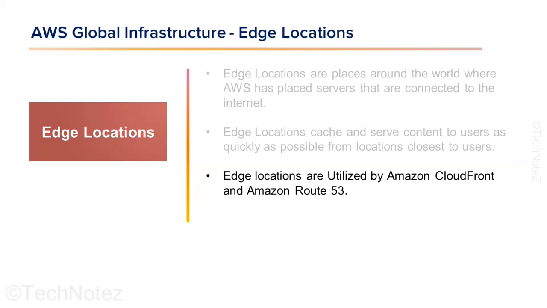For example, if you wanted to create a single page application and you want to be sure that your application could be served as quickly as possible to all the users across the globe, and let's say you have a user in South Africa or from another part of the world where AWS doesn't have its region. Well, you could make sure that your application could be served from the edge location in South Africa via Amazon CloudFront instead of making the users go to wherever the next closest AWS region would be. So AWS edge locations actually increase the performance of the application for the user.